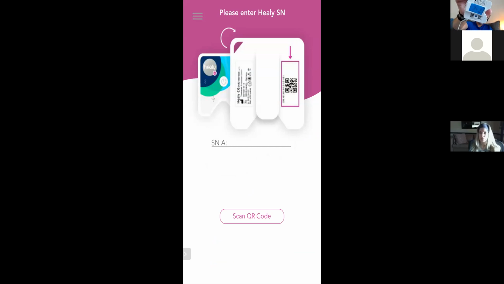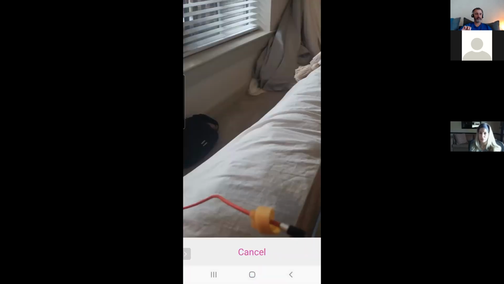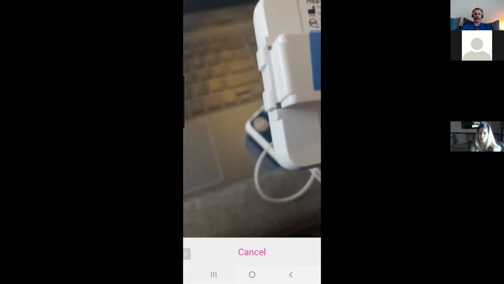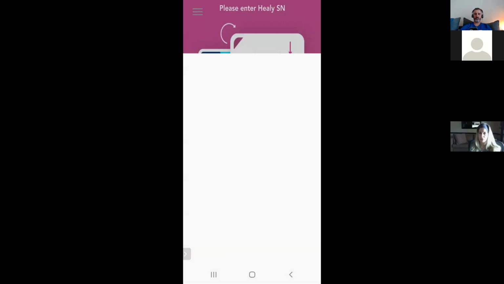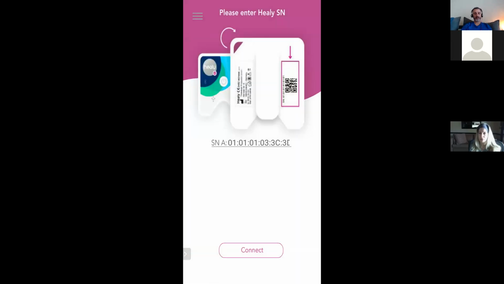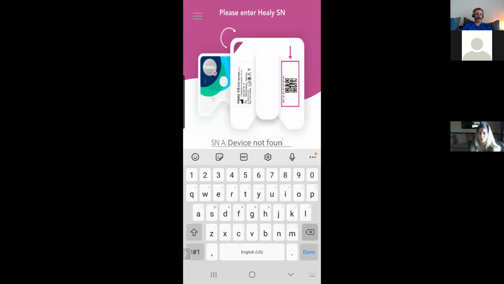And usually what I do is put my thumb over one of them, so I cover up one code and let the device scan just that one. So when I hit scan, boom, the serial number comes up right there. And see, sometimes you run into that issue: device not found. So I'll just do it again.